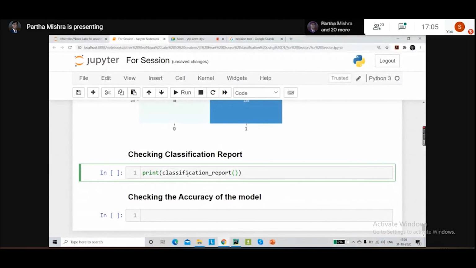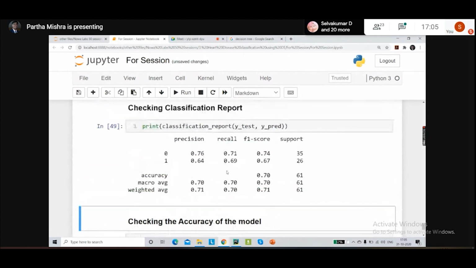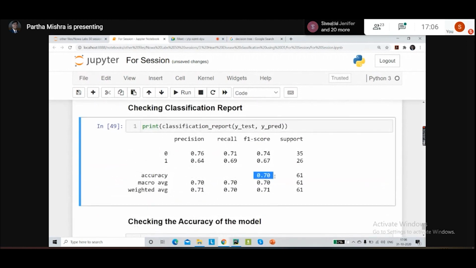Inside the classification report, we have the y test and the y pred. The exact same thing which we passed inside the confusion matrix, we're going to pass here. And once we run this, we can see the classification report is giving us a value: this model is 70% accurate.